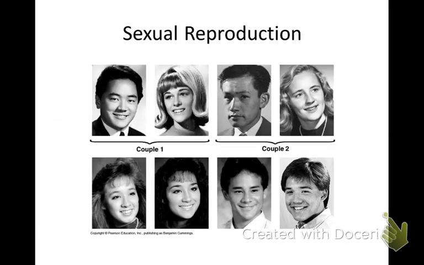Okay, with sexual reproduction, it's like all animals can do this. Now, some animals do asexual also, but all animals can do sexual. Sperm and egg go together, make a baby. Okay, let's look real quick